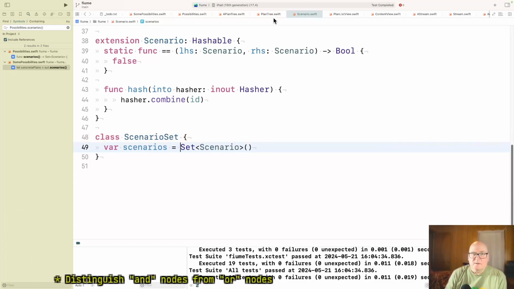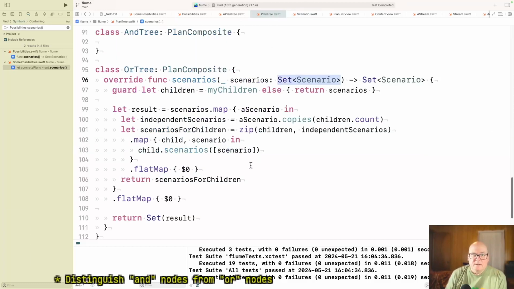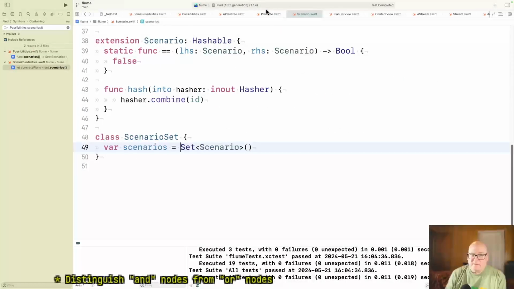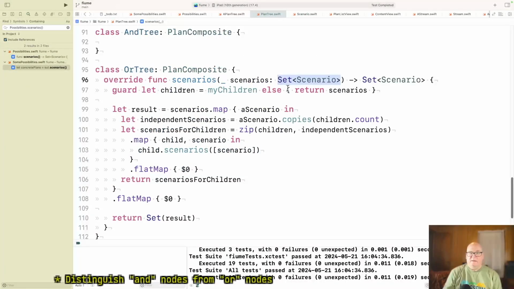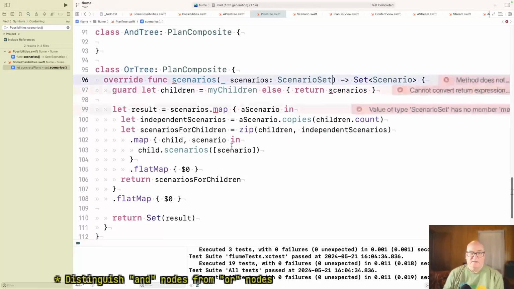All right, so he's got that. All right, so I'm going to take the easy way out for now, and then we'll encapsulate it. Okay, so he would like a scenario set. Let's just get the input side first.